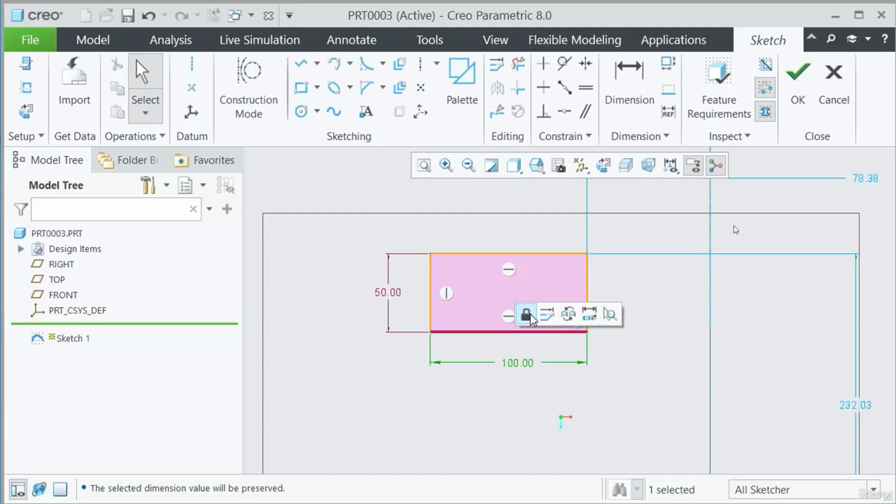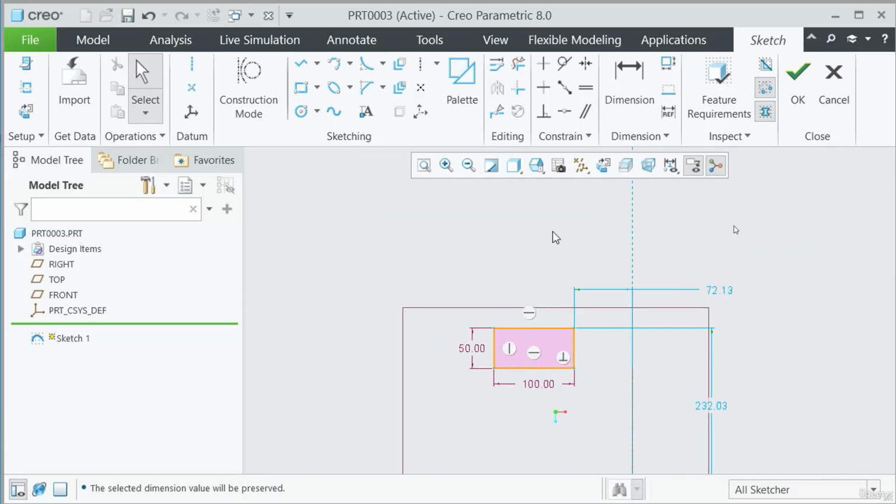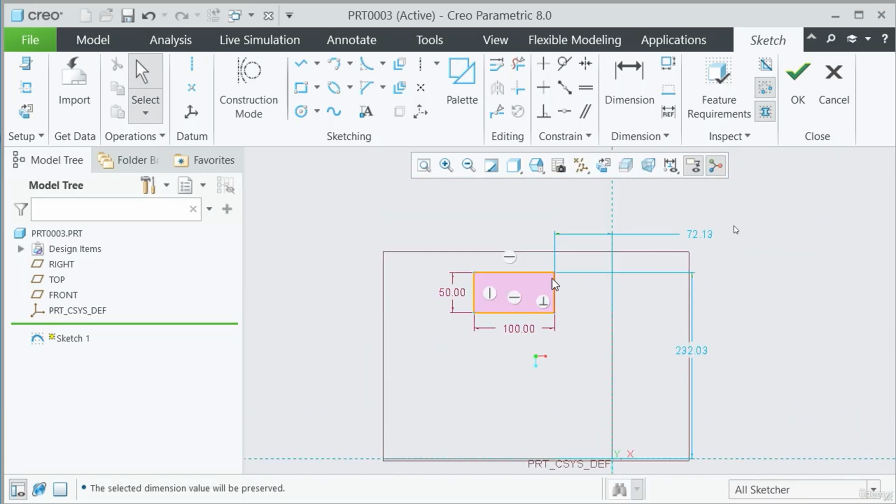Just select it and lock. If you move, the 100 will also not change. Now, why does it move? As we have already given the dimensional constraints and the geometrical constraints, still the object moves. Because for final constraining, you have to give the reference with the datum coordinate system, which is this x, y